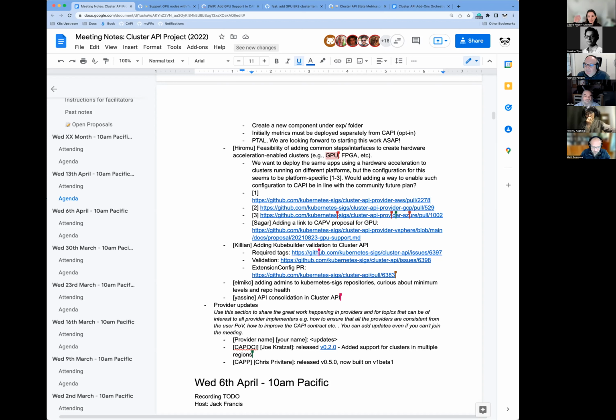But if we're thinking long term, it would be really cool if we thought about how we can abstract this with another layer and have some way that you, as a user, can just describe what you want and say, I want this type of machine, that many machines, I want GPU enabled, and you don't need to know the specifics of what VM size you need for that, and the providers just give you what you need. That would be something really cool.